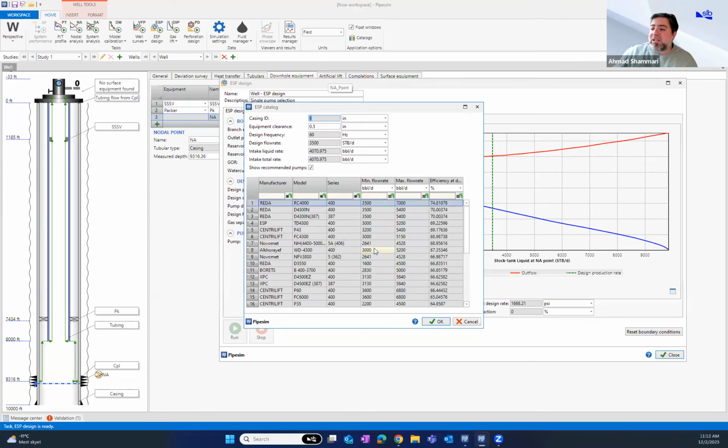And now it listed all the available pumps that can do this artificial lift and make the well produce 3,500. They are ordered by their efficiency, as you can see here. So let us select the first one. Now, when I select the first one, there will be another calculation, which is calculating how many stages are needed. So when I click on OK,